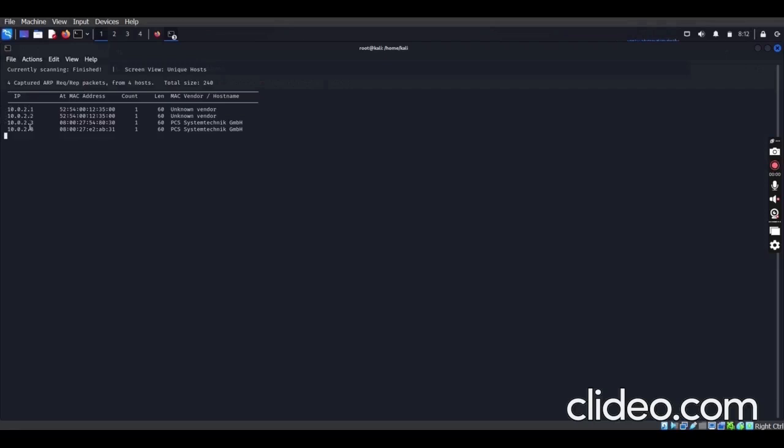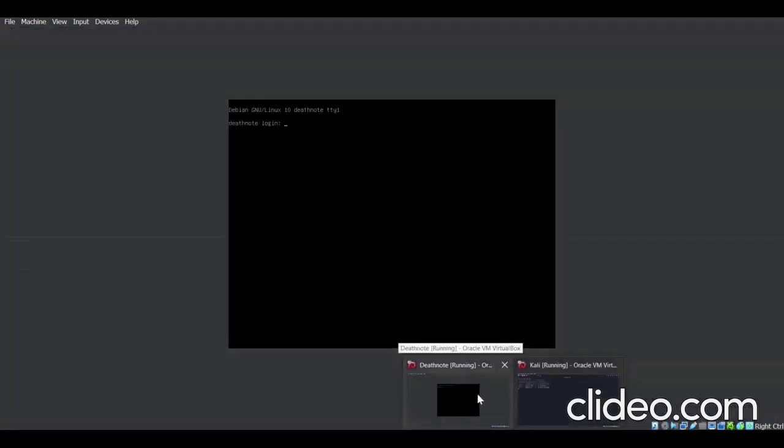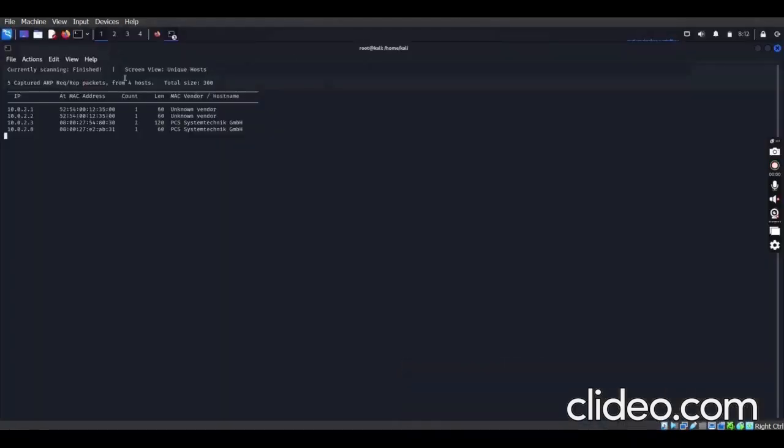So what is our goal now? We are trying to check for the IP of this machine, this server which we are trying to attack. Looking at it, I think it's no more scanning. It's only showing these 4, so I'm going to stop it.